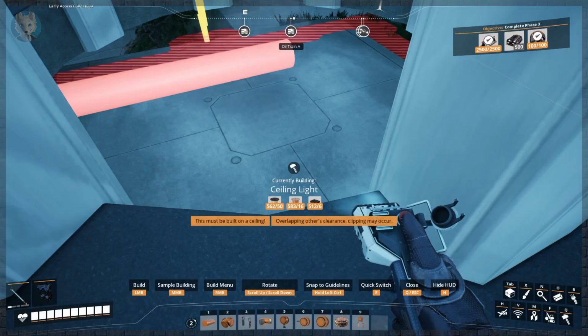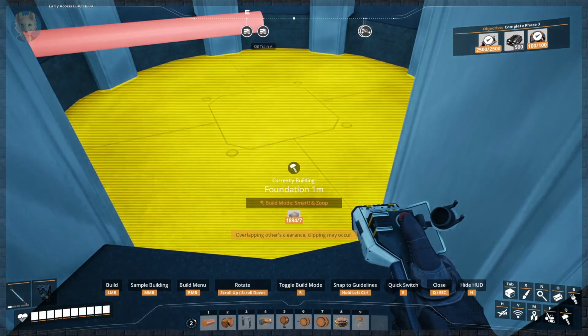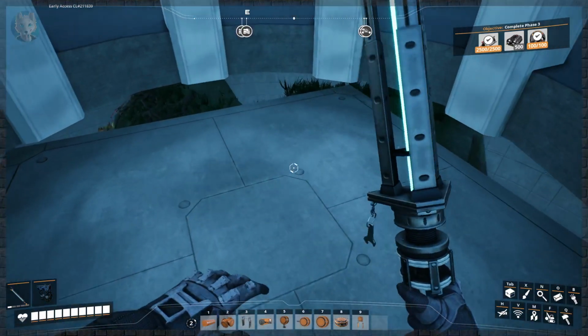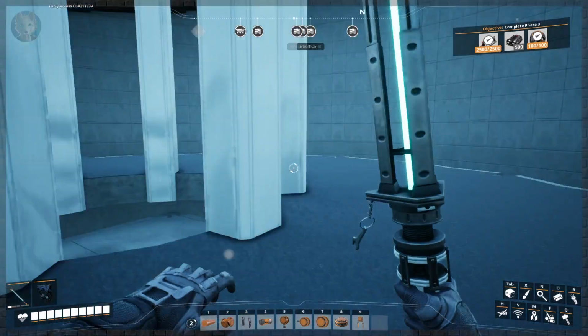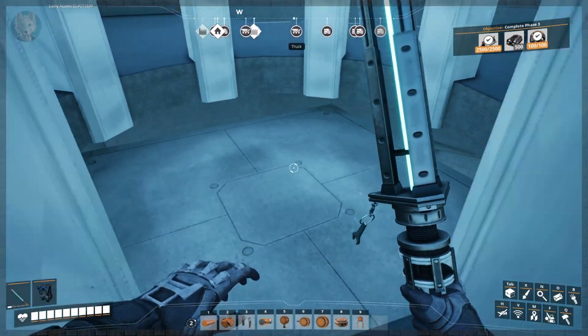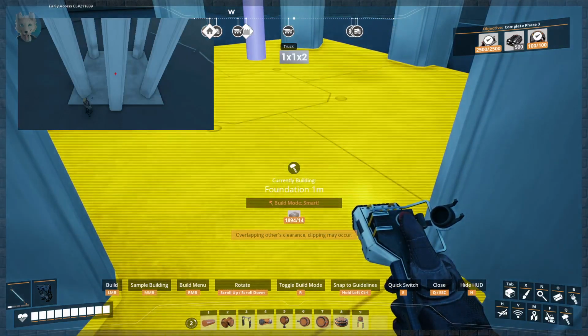Must be built on a ceiling. What is considered a ceiling, game? I don't know what it's trying to consider a ceiling. Oh, we have to put it on the bottom side. Okay, so in order for that to work...